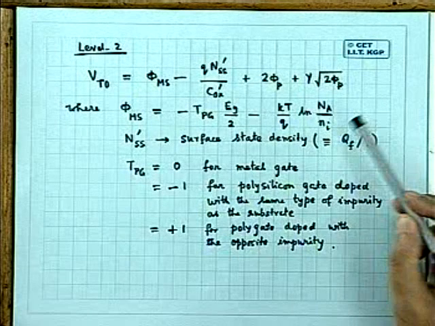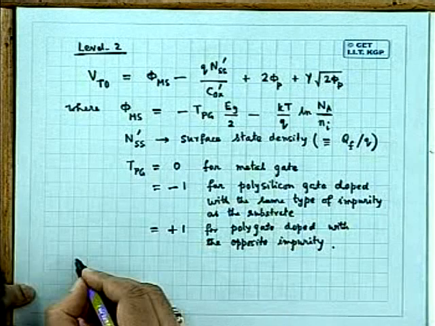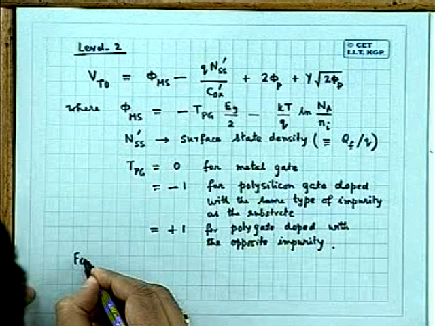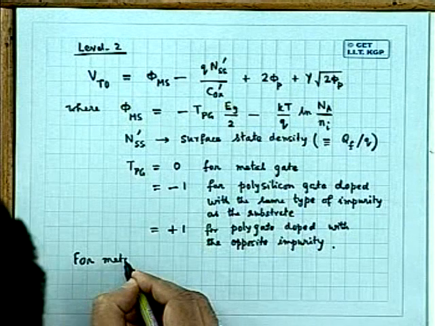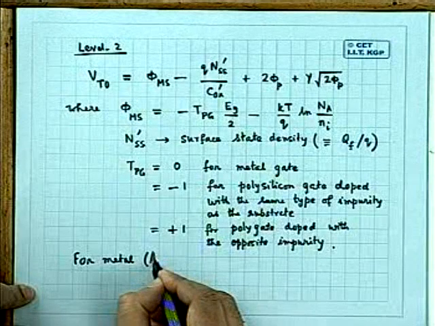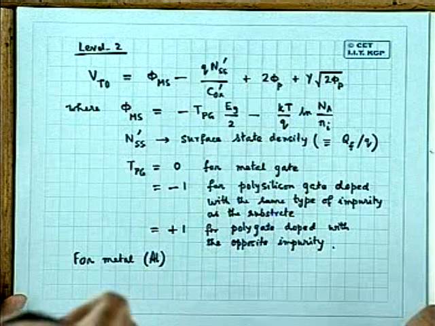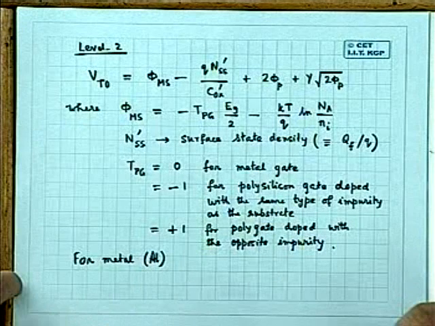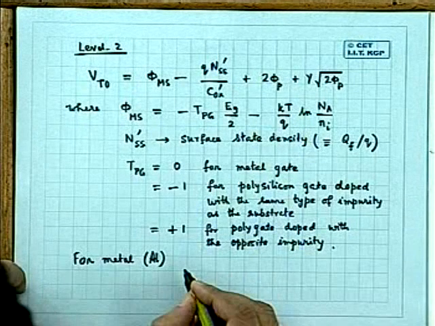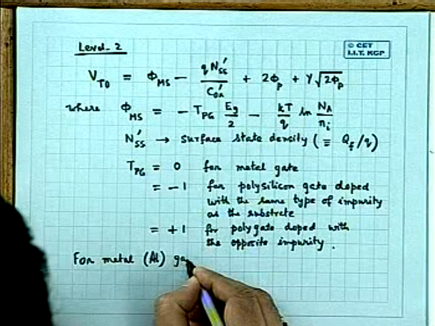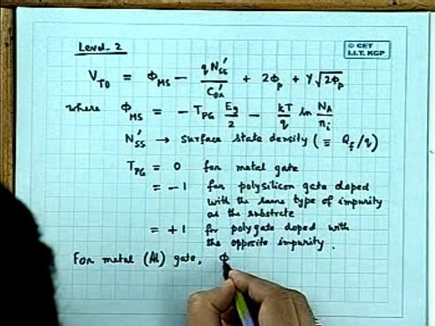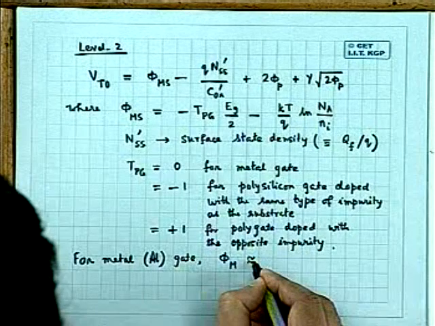They have assumed that phi m for metal, particularly aluminum gate, they write metal but they mean aluminum, let me tell you, otherwise it cannot be 0, for your information. Metal but aluminum in their mind, metal gate, they have assumed that phi m is approximately equal to,